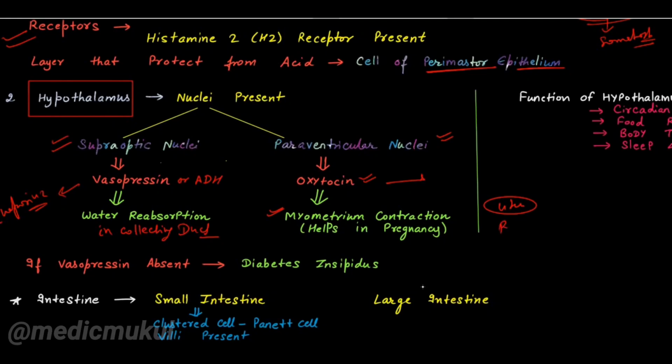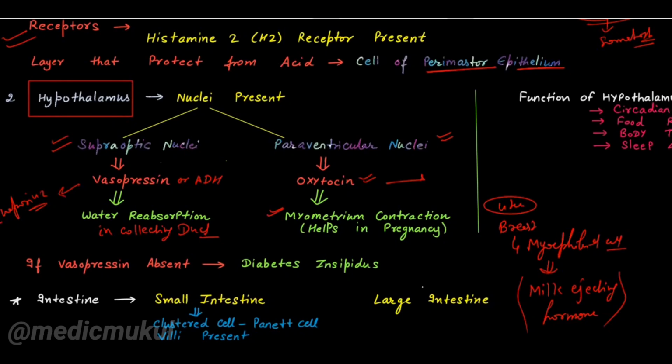If we talk about the breast, there are myoepithelial cells, and they contract with the help of oxytocin. That is why we call oxytocin the milk ejecting hormone. It is ejection, when the secretion is ejecting and not producing. Who is the milk secreting hormone? That is prolactin. But the milk ejecting hormone is oxytocin.